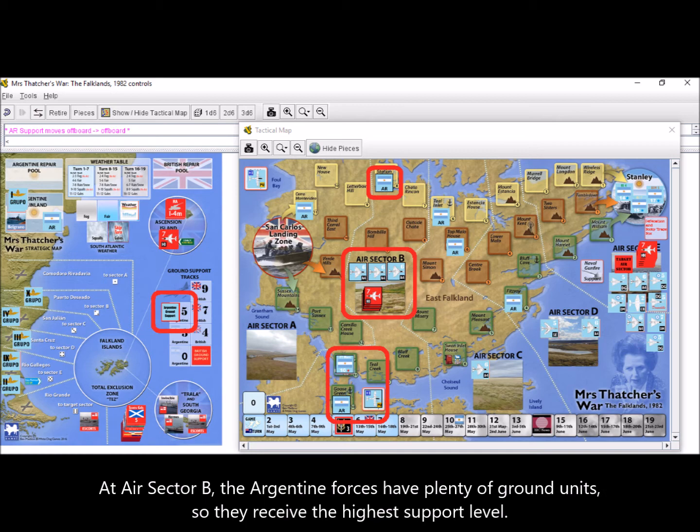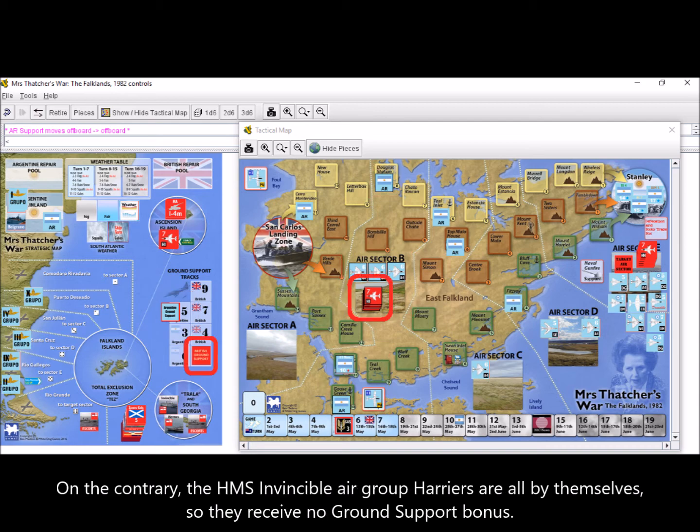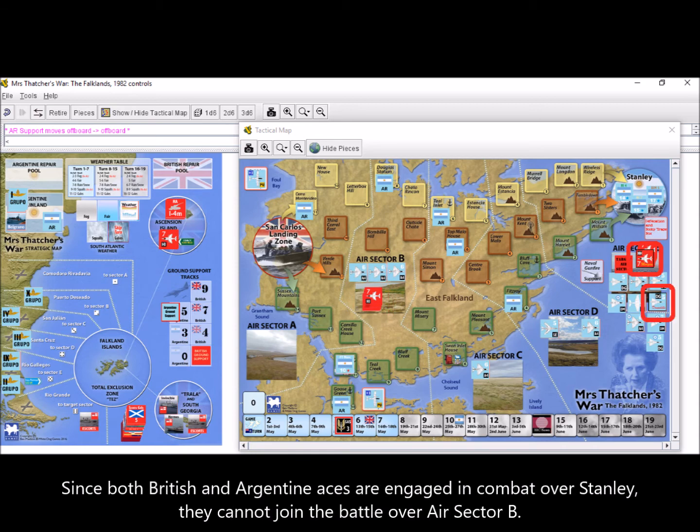At Air Sector B, the Argentine forces have plenty of ground units, so they receive the highest support level. On the contrary, the HMS Invincible Air Group Harriers are all by themselves, so they receive no ground support bonus. Since both British and Argentine aces are engaged in combat over Stanley, they cannot join the battle over Air Sector